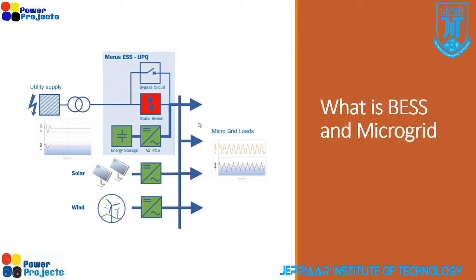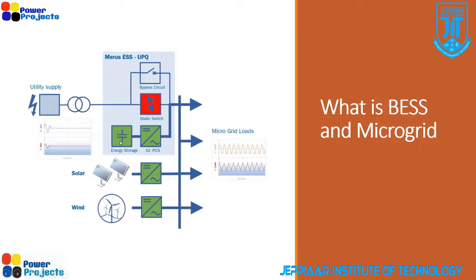So we need to understand the difference between microgrid and BESS. Microgrid is a combination of sources and loads that could be either grid connected or standalone, and it doesn't have a big transmission network. That means the sources and the loads are connected almost physically close, and it can operate either grid connected or islanded. It needs an energy storage, and it needs control mechanisms to control the voltage and frequency. So that's the definition of microgrid. Right. So I think it's a bit clear what a battery energy storage system is. A battery energy storage system is only the PCS and the battery. That battery energy storage system does not necessarily have to be a microgrid.